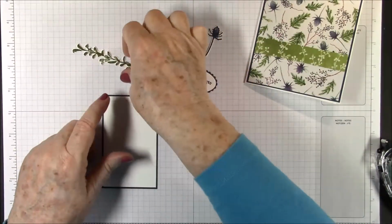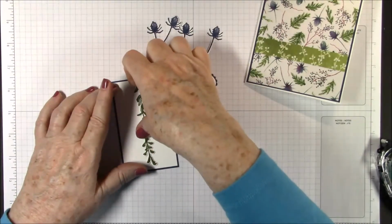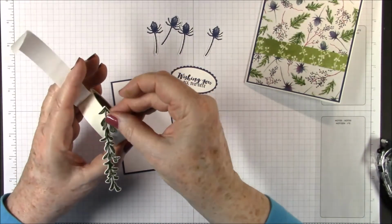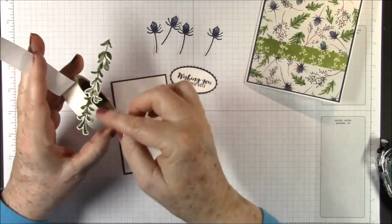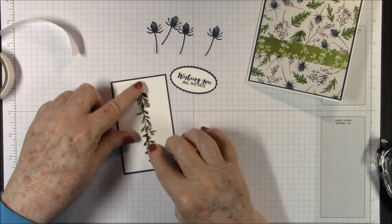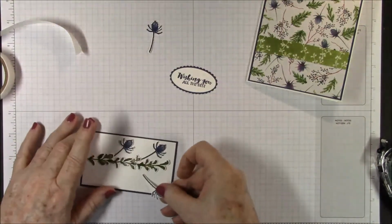Now on this panel here, we're going to put our vine with the little arrow-like shape pointing up, but first we're going to put some glue dots on the back of it. Put one here by the arrow. Twist it off or pinch it off. Don't pull it off. And then you'll put one there, and then kind of one down at the bottom. You don't want to put too many in between because you're going to need room to put your flowers in, and you want it about 1/8 of an inch from the top in the middle. Lightly put it down. Don't press it down too hard because you want to make sure you've got room to put your flowers in. So you're going to put 2 on this side and 2 on this side,